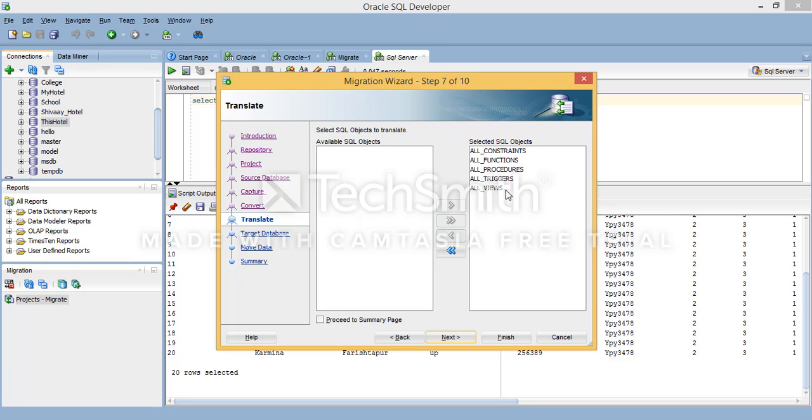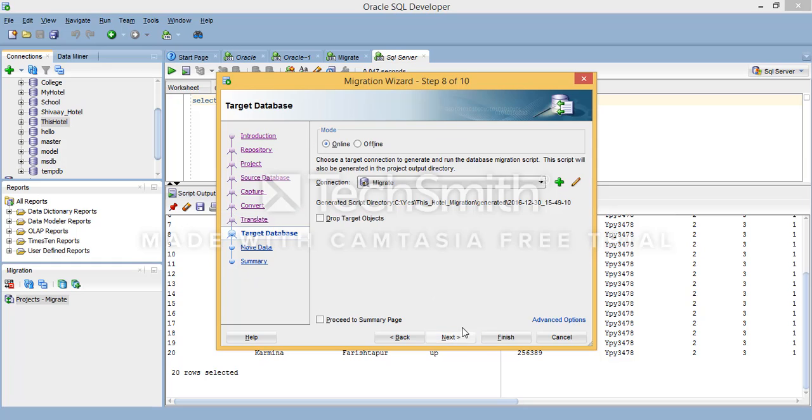It's going to do everything automatically. You don't need to think anything about it. Click next, and here choose a target connection to generate and run the database migrate script. It will be better if you use the system database because it is a very large database, so it will be easy, but you can use the same, no problem. Drop object.